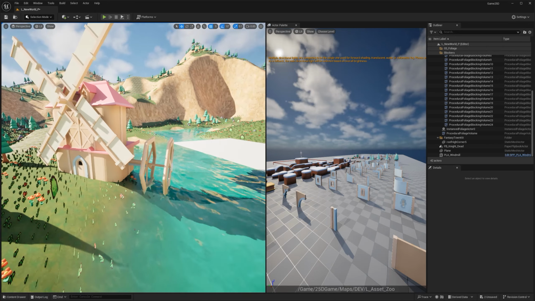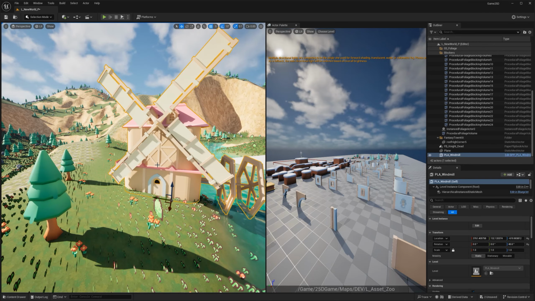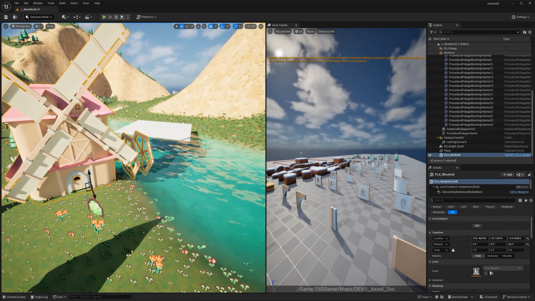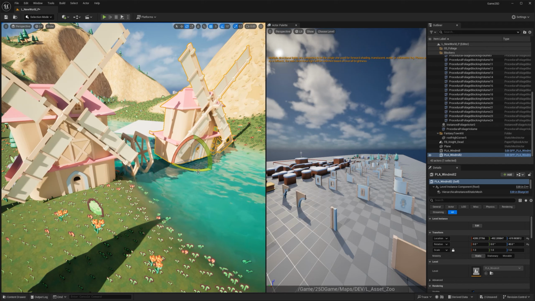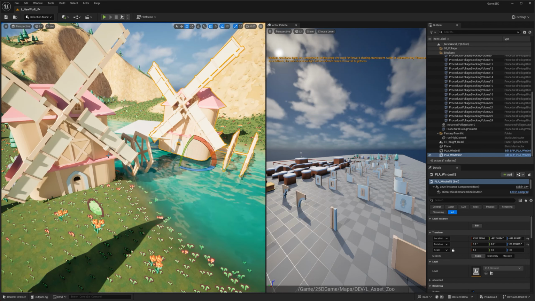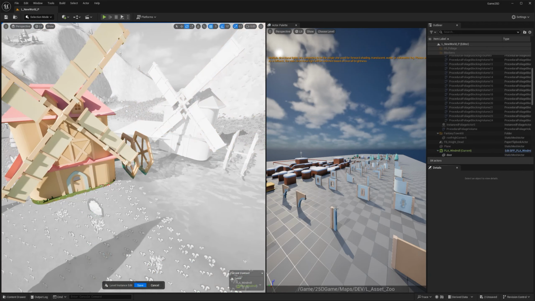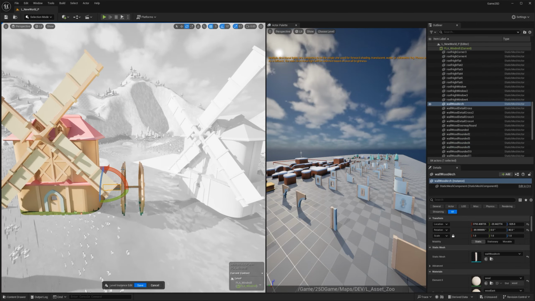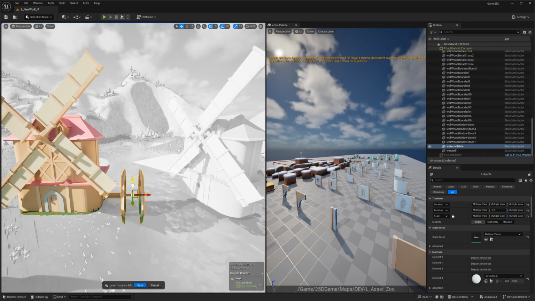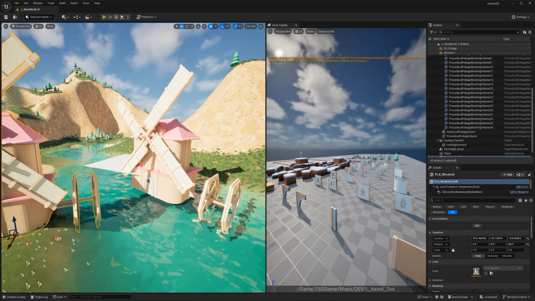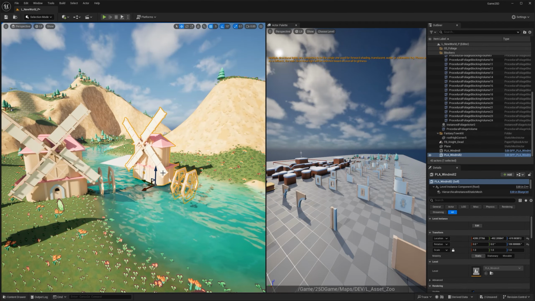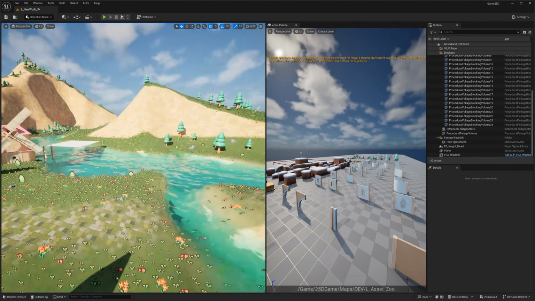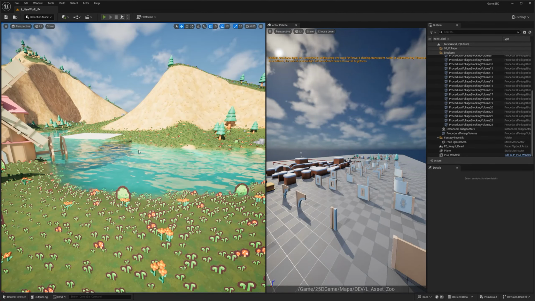So what if I want to make a change to this? Click on it. Under the details tab is going to be an edit. Yeah, I'm going to show you something interesting before we even do that. Pretend there's another one there. Okay, so I'm going to click on this one. I'm going to go edit. Everything is going to gray out, and only what you're editing is going to be available. So I'm going to make that change. Push this down. And if I save, that change is also going to apply for every single other child that exists in the scene. So every other windmill that you might create is going to have that. And that's powerful.